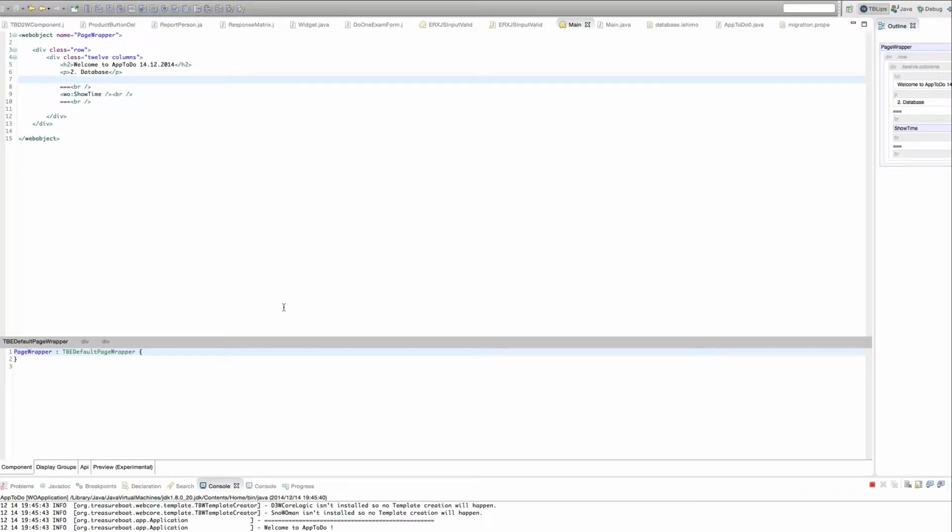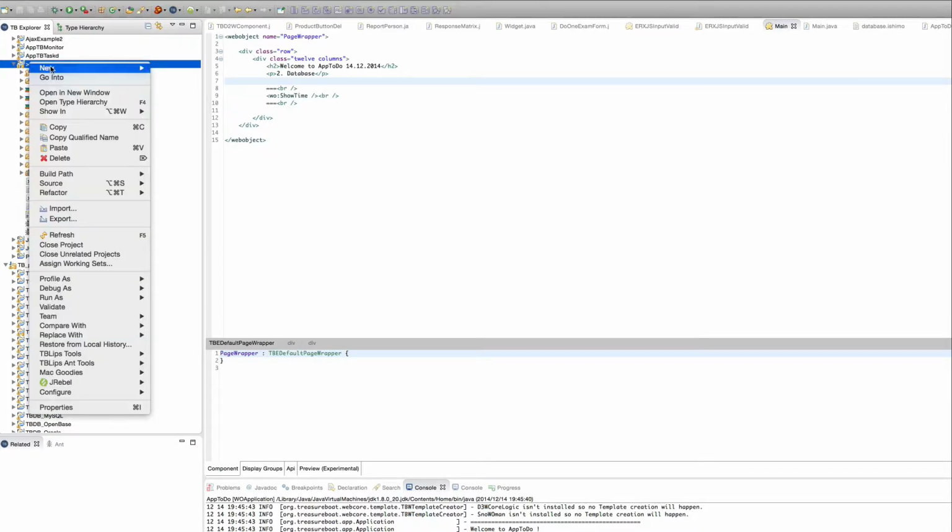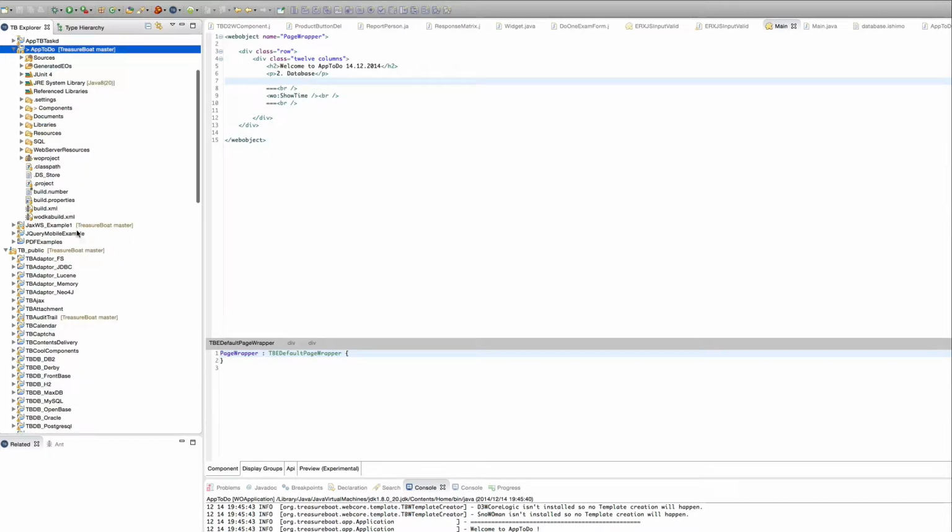In Eclipse, in AppToDo, we can right click and use the build path, but before we go on, let's take a look